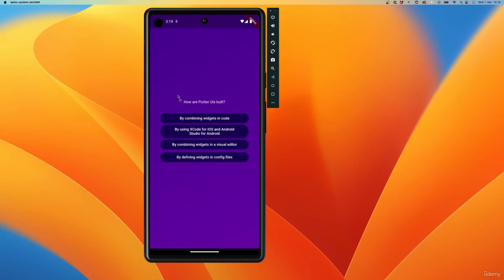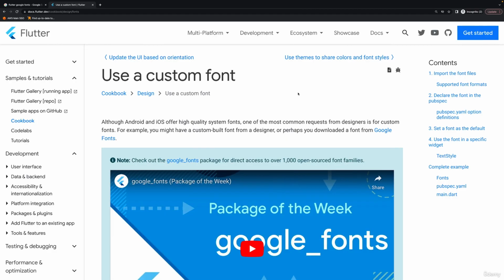So my next goal is to adjust the styling of this text here, the question text. And as mentioned, I want to use a different font family for this text as well. Now, if you don't want to use the default font here, as we're currently doing it, there are different ways